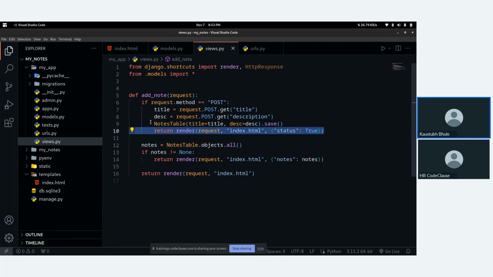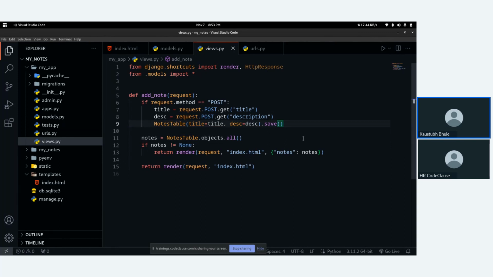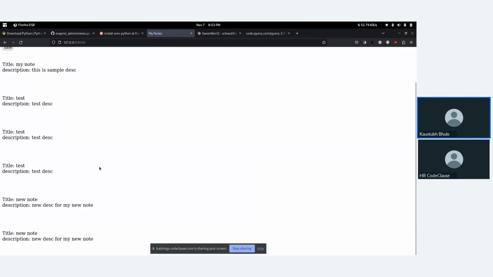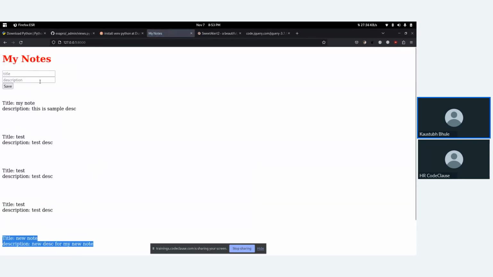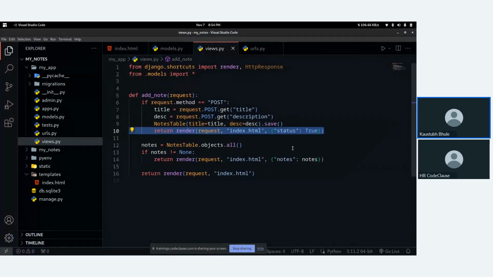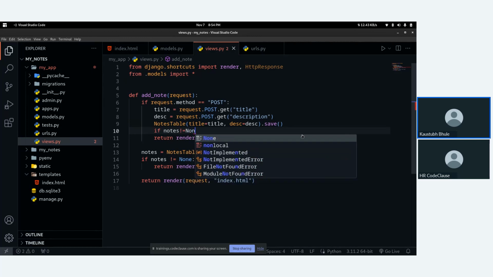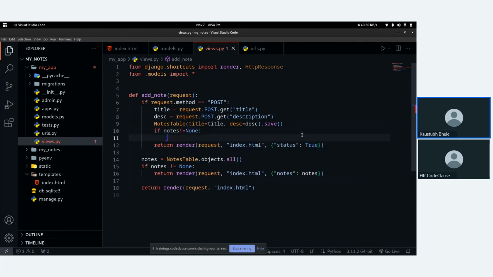Okay, let's do one thing. Just remove this alert. Now let's try. Okay, now it's getting added here. Fine. The solution is, what we can do, we can add one more if here. That if notes is not none, in that case,